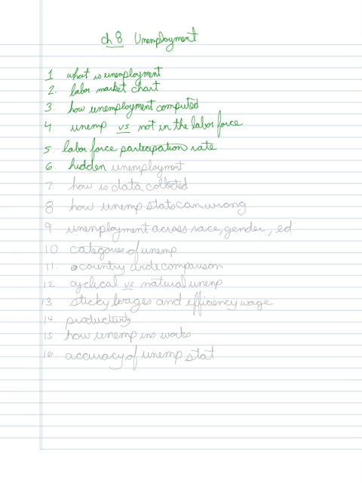Aspects of hidden unemployment. A brief discussion of how the data is collected. A discussion of how unemployment stats can be wrong, to the same extent that they can underestimate or overestimate, just as we discussed with GDP.